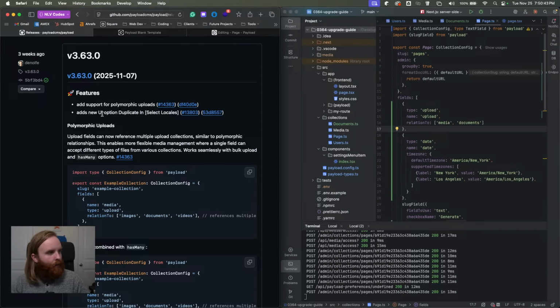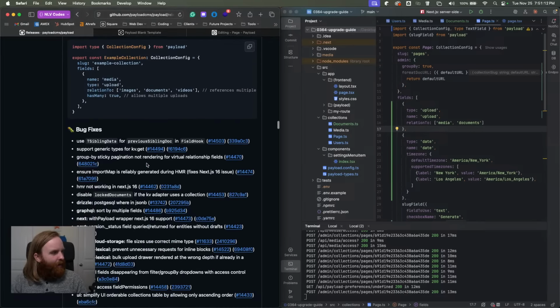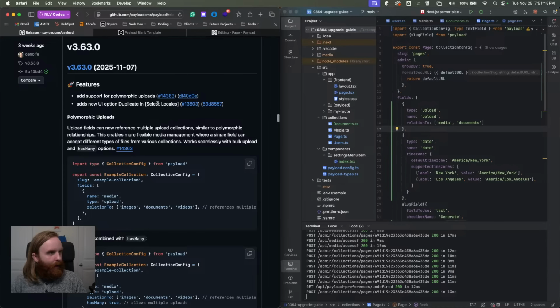And now there's a new UI option to duplicate your locale. So you can duplicate a page into locale. As I mentioned earlier in this video, we're now starting to see lots of localization updates with Payload. Again, one of the more weak areas of Payload is localization. So this is just more support for localization in general. And this is just a UI